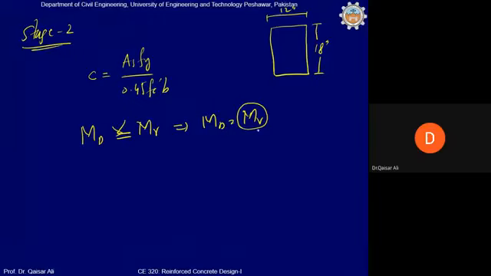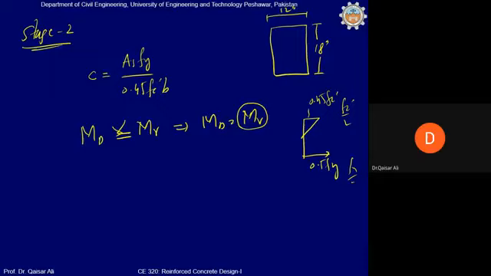ये कैपेसिटी जब हम कैलकुलेट करते थे, अगर आपको याद हो, तो we assume that there will be stresses in the extreme compression fiber of 0.45 Fc prime and stress in the steel is 0.5 Fy। तो इसका इन अदर वर्ड क्या मतलब है? इसका मतलब है कि आपने Fc प्राइम को 2 पर डिवाइड किया और Fy को भी आपने 2 पर डिवाइड किया है। सही? This is basically working stress approach। The design corresponding to stage 2 is basically the working stress approach। The design as per the working stress approach।